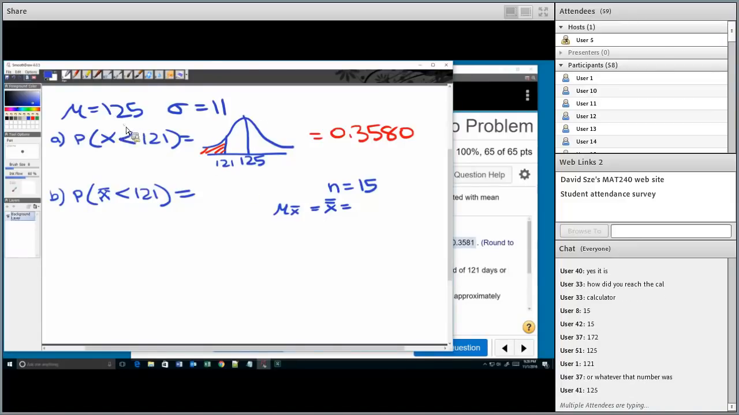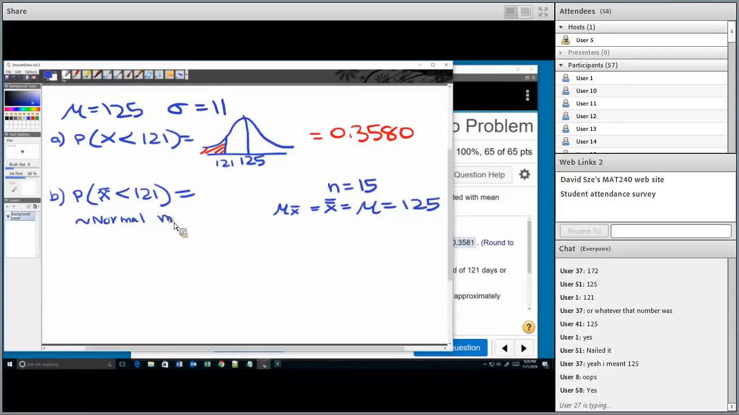Original population mean. From the central limit theorem, mu X bar, which is also the X bar bar, is the same as the original population mean, 125. Okay? Is this clear? The mu X bar, the mean of the sampling distribution, is the same as the original population mean, 125. Okay, good. So for this distribution, this is now going to be normal